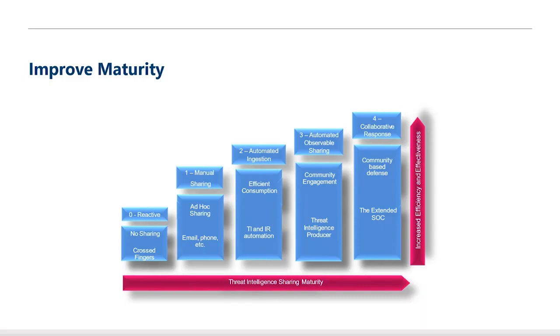Like I gave an example of the Canadian Center of Cybersecurity. It actually engages with the community on an automated basis, also on an active basis. So they stand at that level. And of course, level four is community based defense. Like once you have developed that mature model of sharing threat intelligence and of course structuring that threat intelligence and